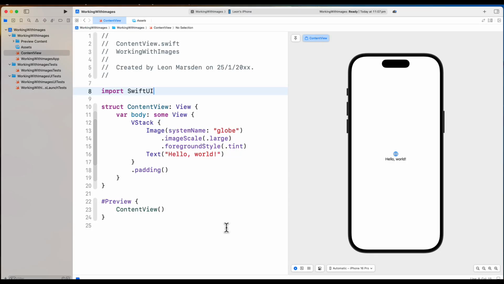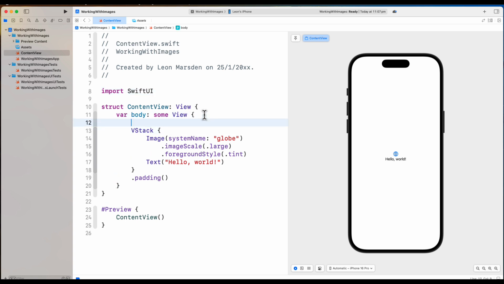In this tutorial, we're going to look at how we can work with images. So let's get underway. The first thing we want to do is just change the background. What I'm going to do is introduce a ZStack. Now a ZStack allows you to go vertical, or give it depth. So think of a HStack and VStacks. VStack's vertical, HStack's horizontal, but a ZStack is behind, because what I want to do is put in a black